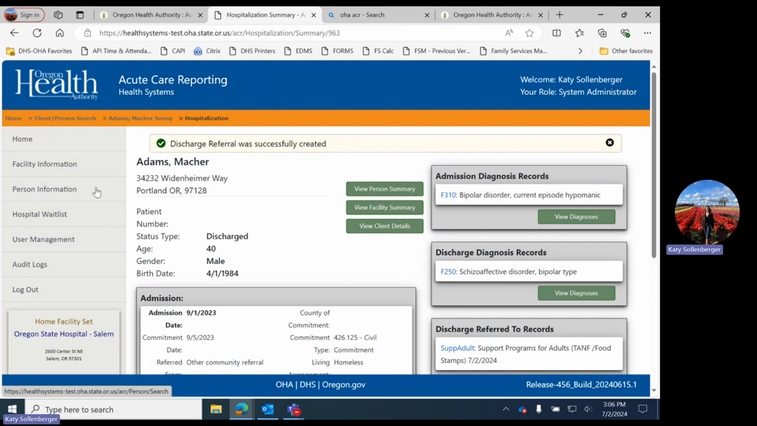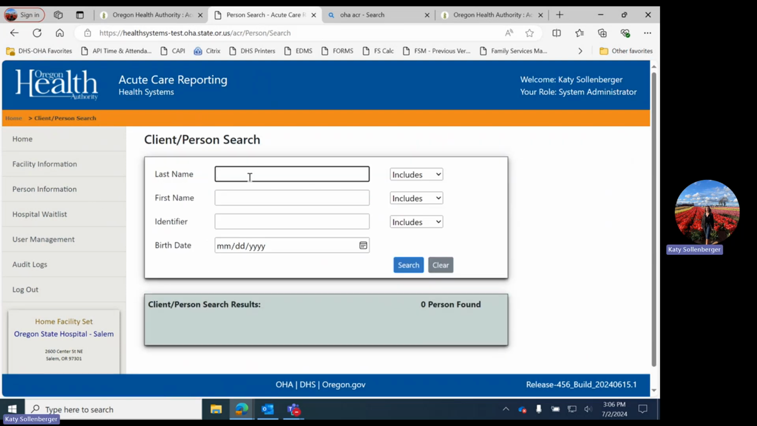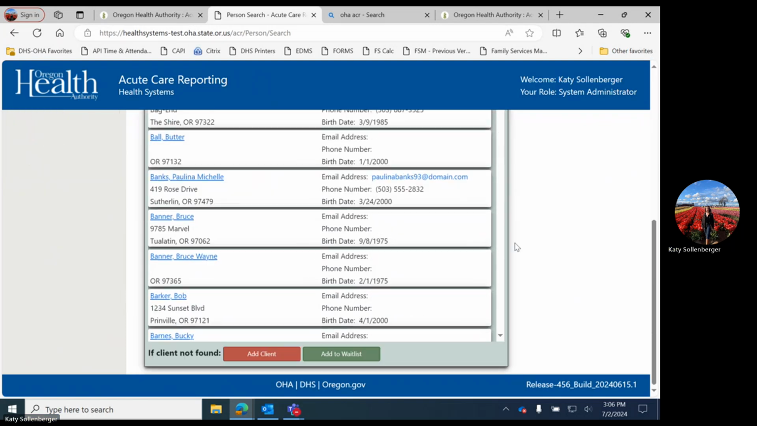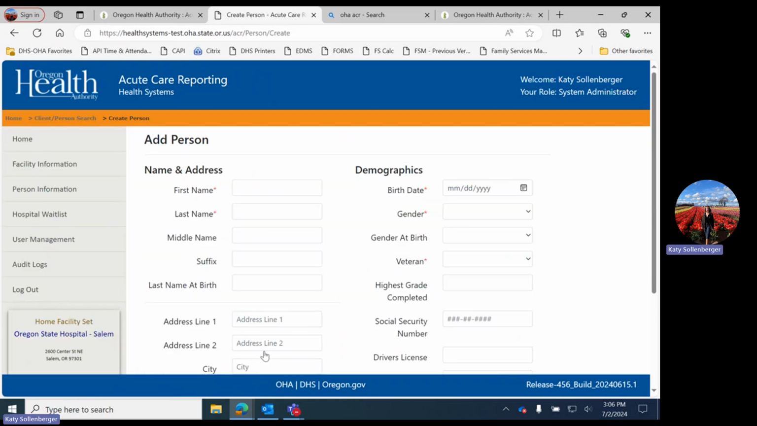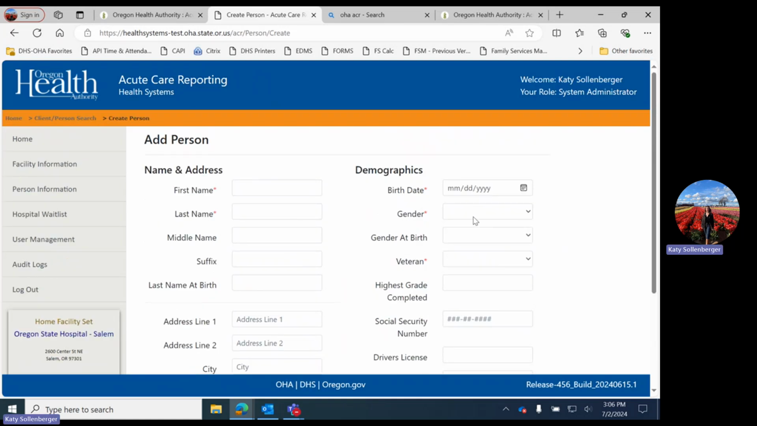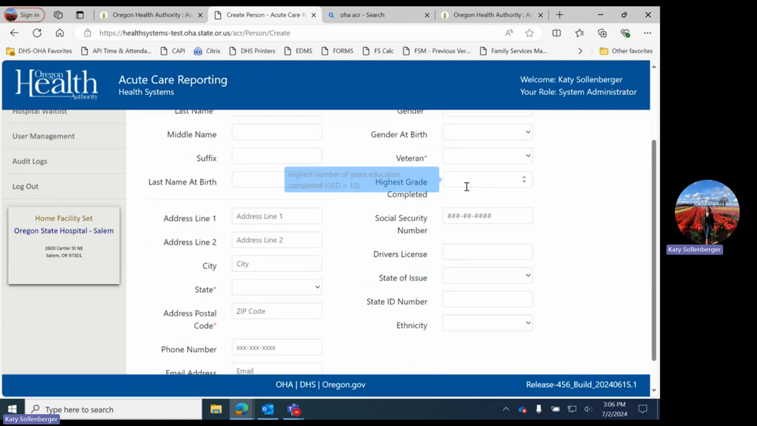Say you want to add a client that does not currently exist in the system at all. So again, you'll have to first search. You don't find the client here, you'll click the Add Client button. We require everything that's in red asterisks, but if you can provide